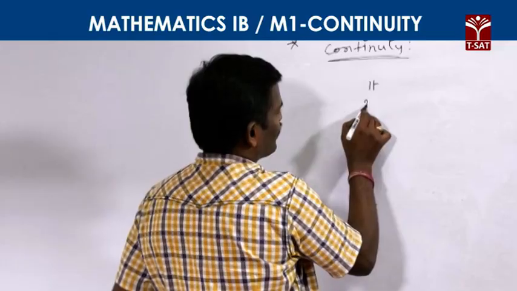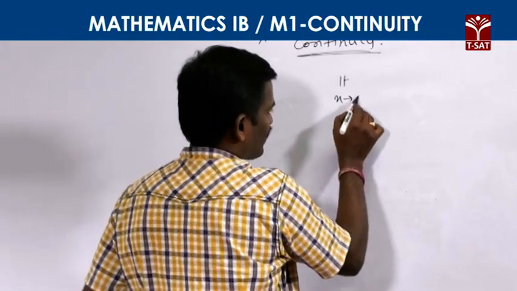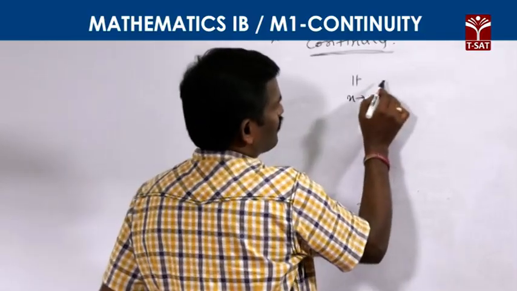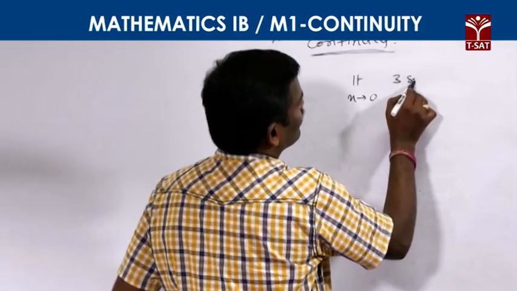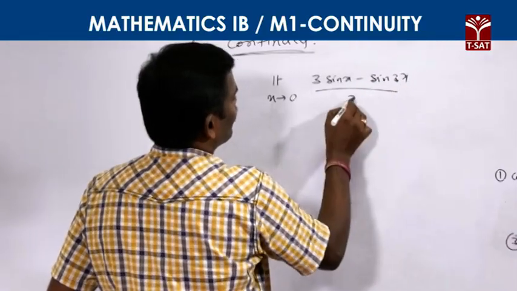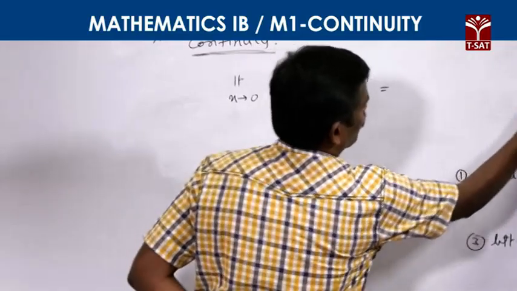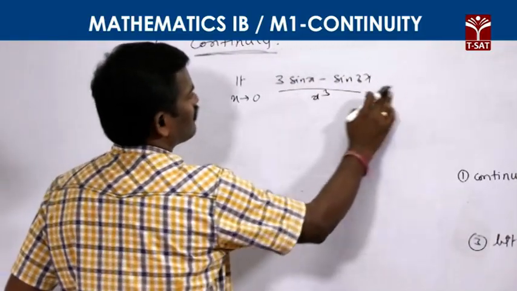For that, we take the limit as x tends to 0, where x is not equal to 0, so here x equals 0. The function is (3 sin x minus sin 3x) by x cube. We need to prove this answer equals f of 0, which is 1. So apply